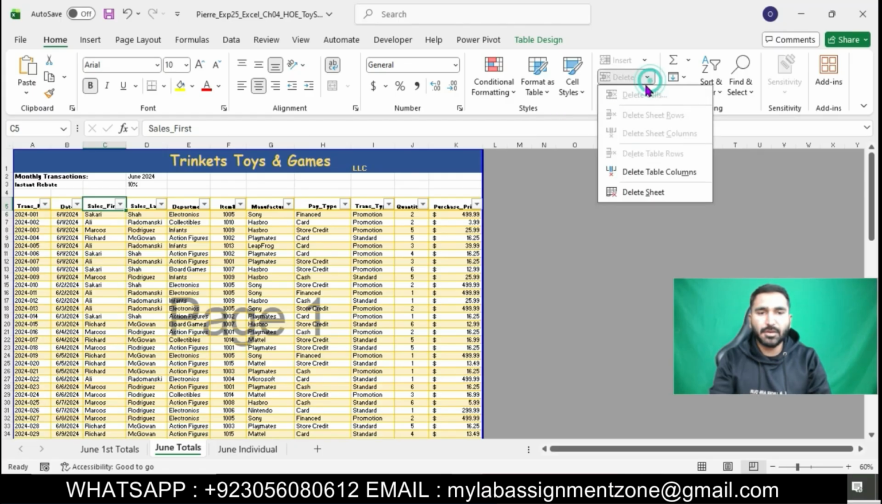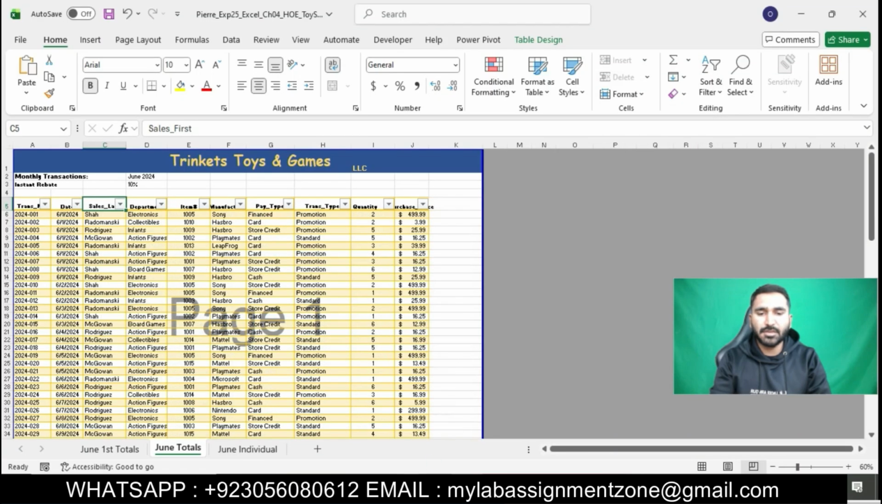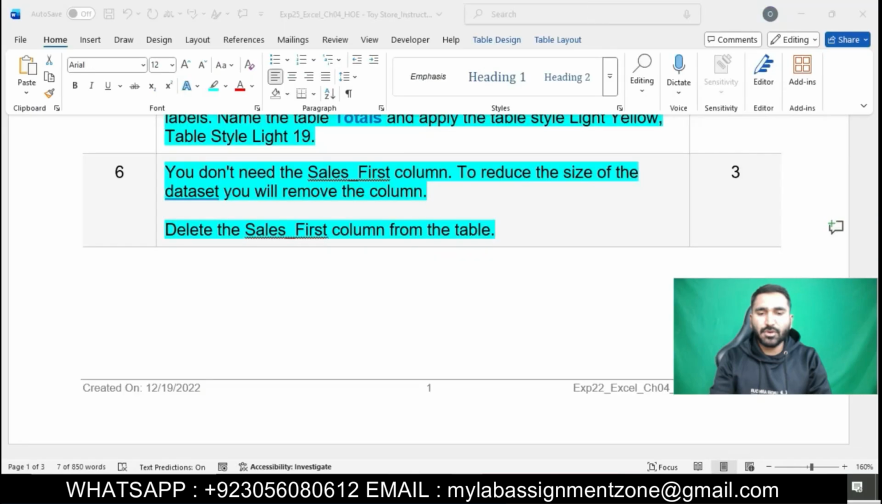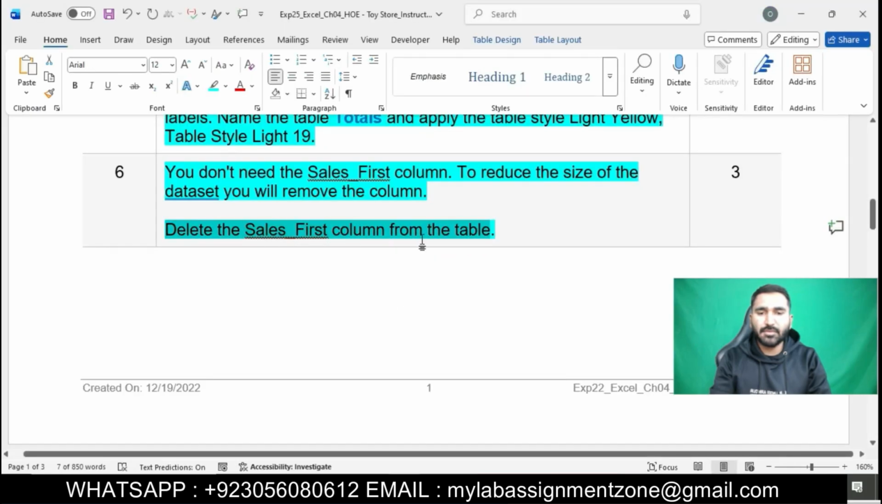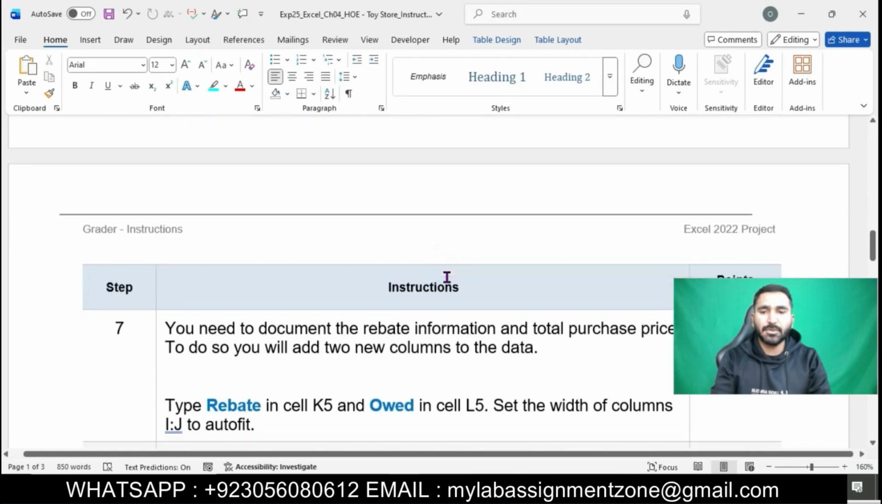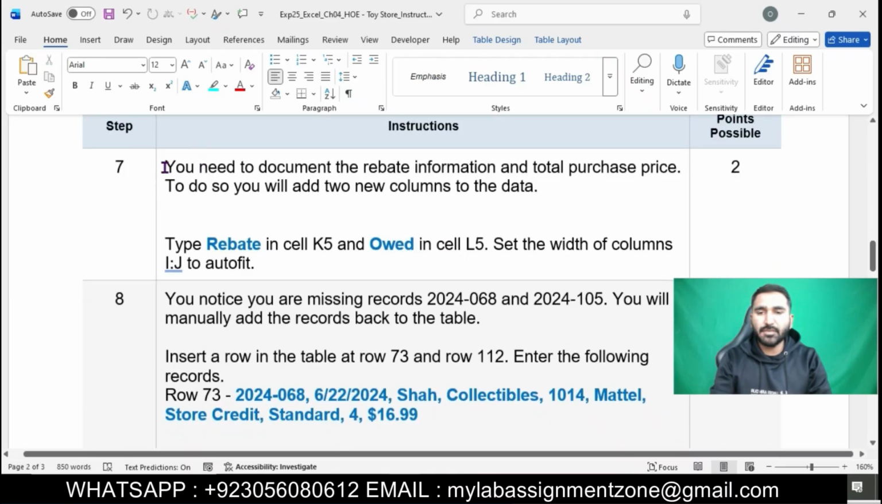Go to the Home tab, click on the Delete button and then Delete Table Columns. We will click on this button, Delete Table Columns. This column will be deleted from this table. Now moving on, the next question is question number 7. I have done 6 questions of this assignment so far. Question number 7 is that